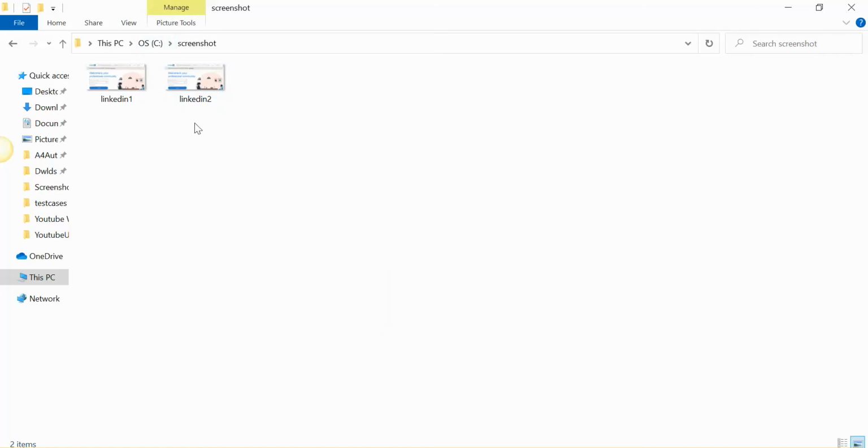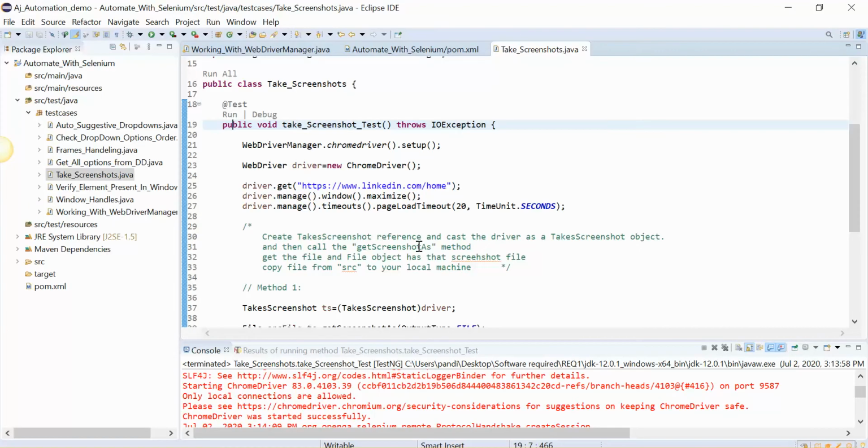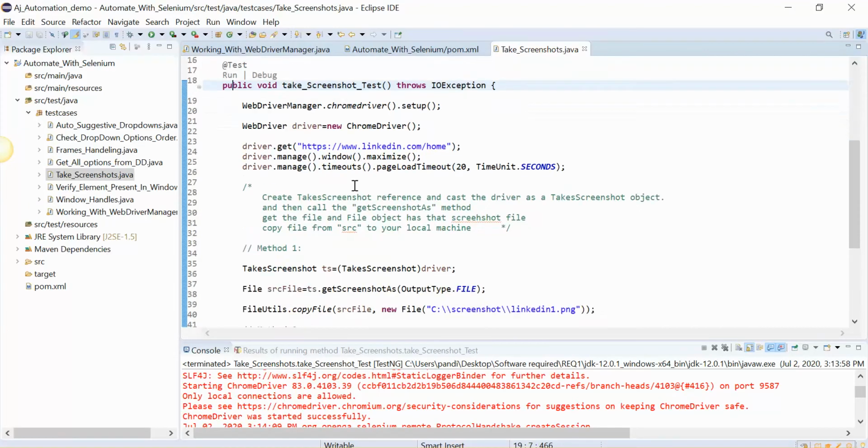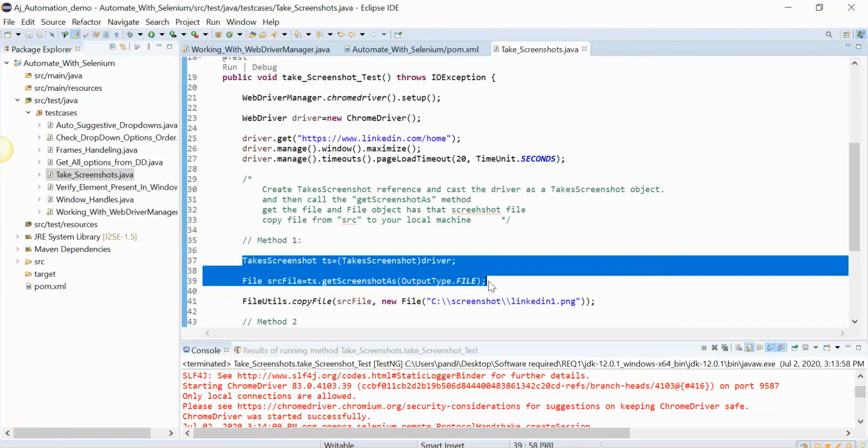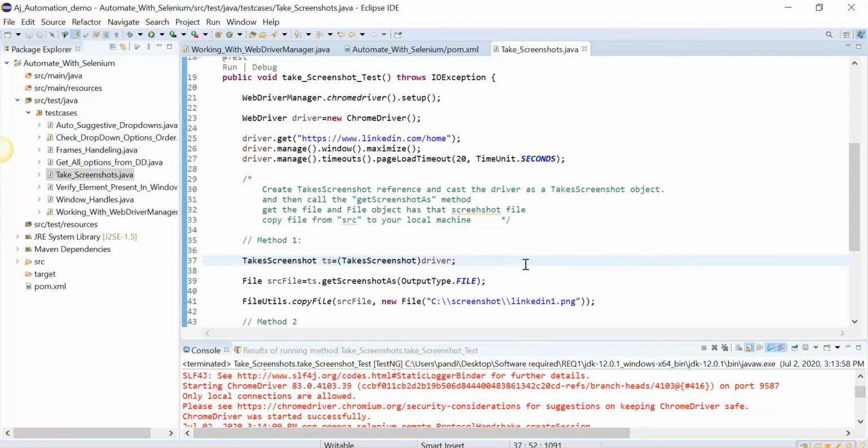So this is a very easy utility in your script, in your framework. We need to use this whenever any test case fails. We will just call this method and provide the name also. According to whatever name you provide and the type of image, it will be stored accordingly. It's quite easy, and I suggest that before going to an interview, just keep these two lines in mind. If the interviewer asks you, you need to write it down on the paper given. So it's quite easy, and I hope you have understood properly.